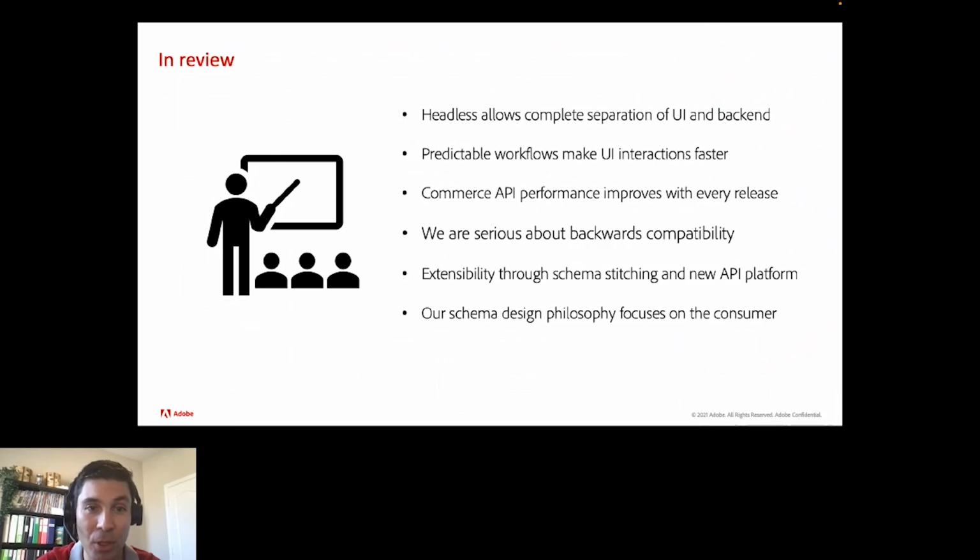Extensibility to schema stitching will be done through a new platform, as we have a lot of expertise in schema stitching from the legacy platform. Our schema design philosophy focuses on the consumer and has certain guidelines that you can take a look at.